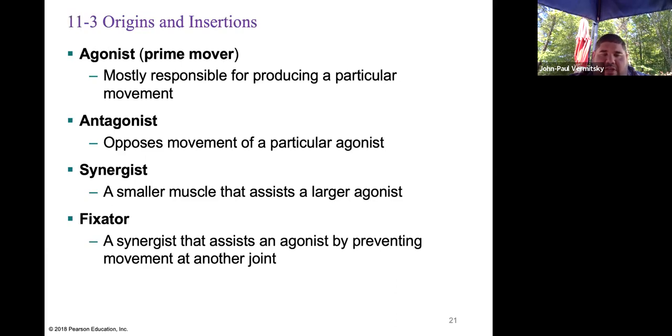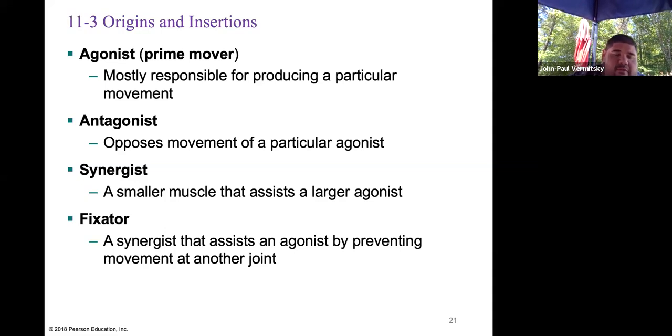Typically, an agonist is going to have various synergists, which are smaller muscles that will assist a larger agonist. Now, muscles only pull, they don't push. Because muscles only pull and do not push, whenever you have a muscle that performs an action, you have to have another muscle that reverses that action. And the reversal is most likely going to be an antagonist, which will oppose the movement of a particular agonist. So, for example, the muscles involved in flexing the arm, the antagonistic muscles would be extending the